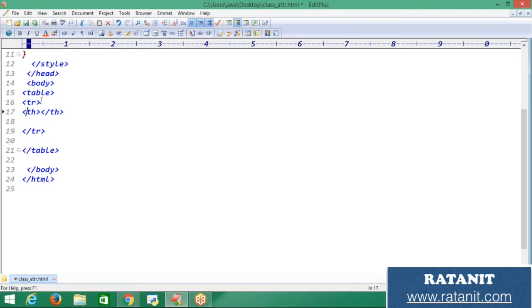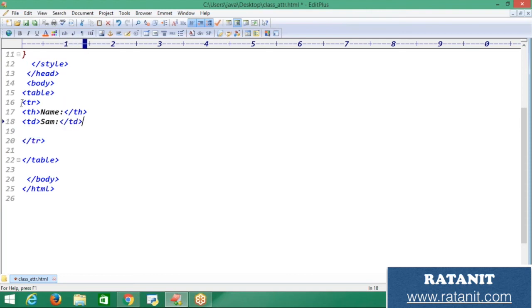Inside this th I have a heading, that is name. Okay, this is my heading name, and I have data here, that is td, and inside I have some data over here, so that is td, and the name will be Sam over here, and I'm going to close this td.